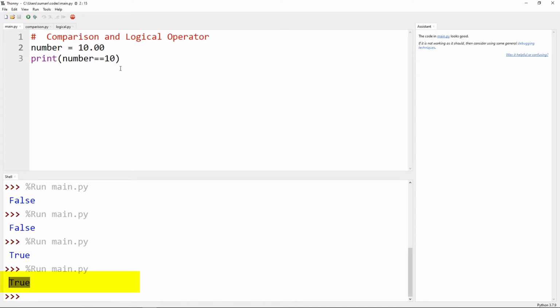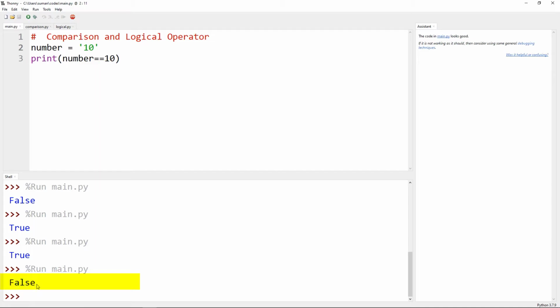But comparison of a string with an integer is wrong. So if we change the code once again and give the assignment string 10 to the variable number, and we run the code, we are getting false, because at that moment the number variable is holding a string value, that is, the string data type 10, but the string is not equal to the integer value 10.